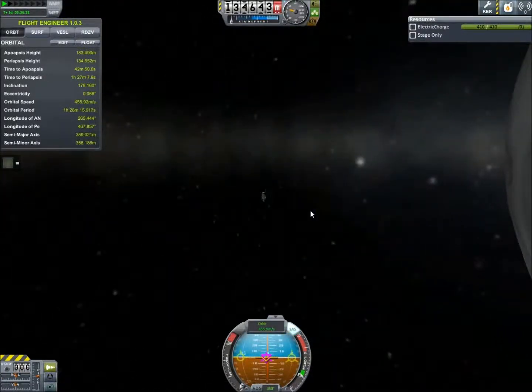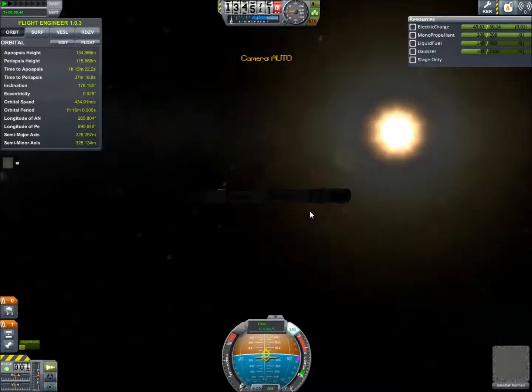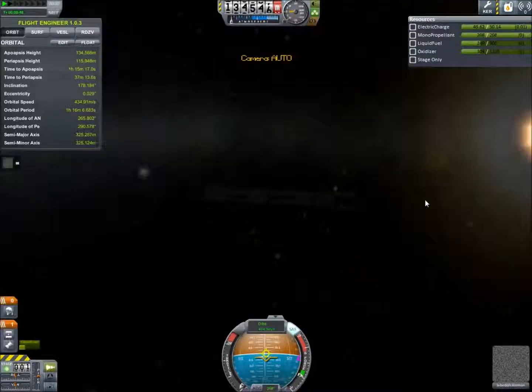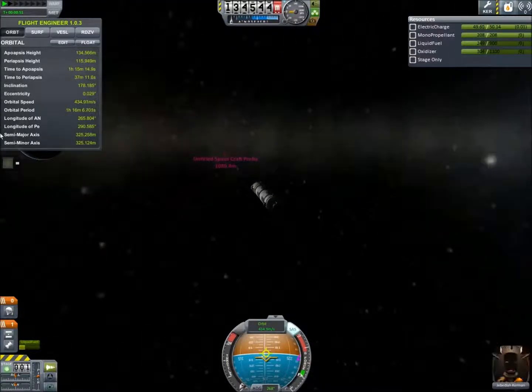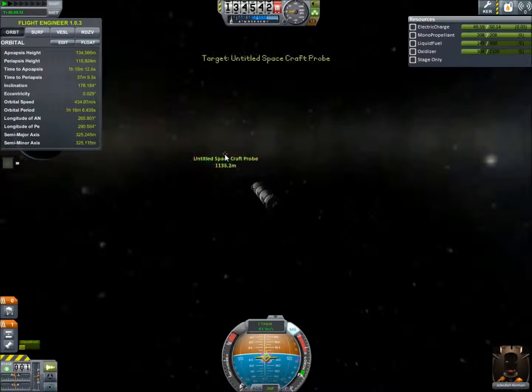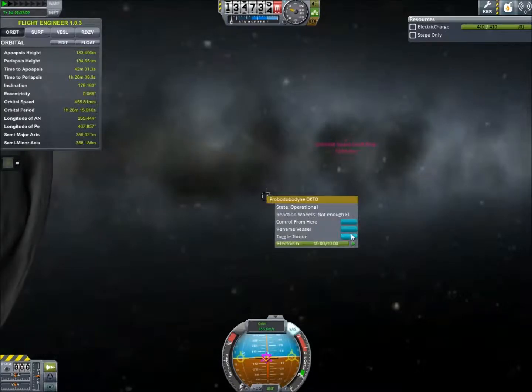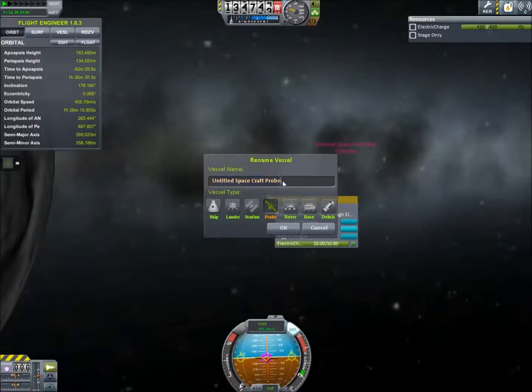I tell you what, man. Wait, can I still shift back? Okay. I don't think the craft, but it's probably going to get out of range here pretty soon. So what we're gonna do is we're gonna go ahead and burn towards it. Just so that way it stays in range and I can still like shift between them like this. And right click. We're going to rename this one,